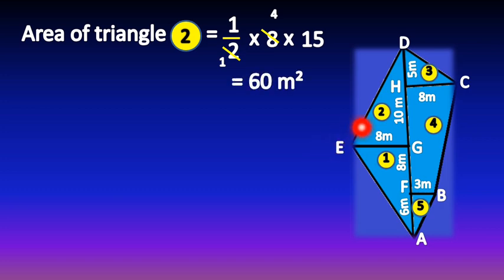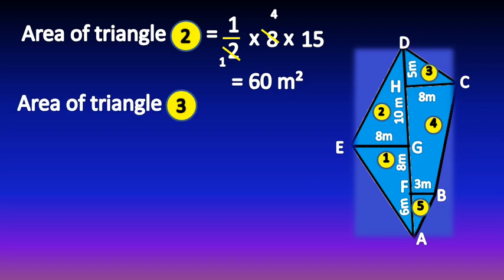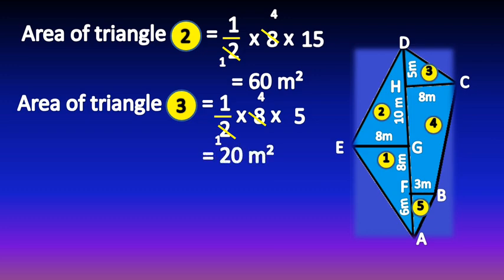Now let us find the area of this figure 3. You can see a triangle shape here, right? Here the base of the triangle is given 8 meters and the height is given 5 meters. So let us now find the area of this figure. So the area of the triangle 3 is half into 8 into 5. You can see base is 8 and height is 5 meters. Now let us simplify. 2 ones are 2, 2 fours are 4. 4 5s are 20 meters square.